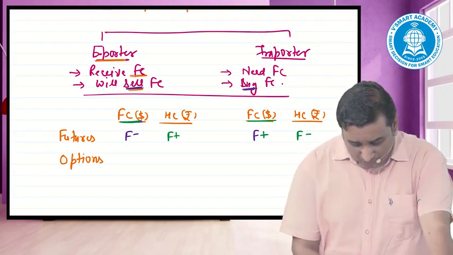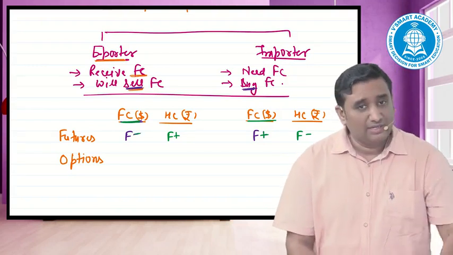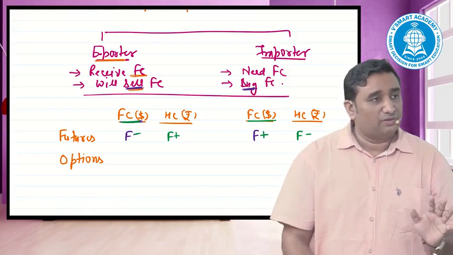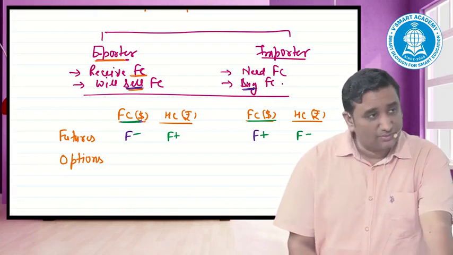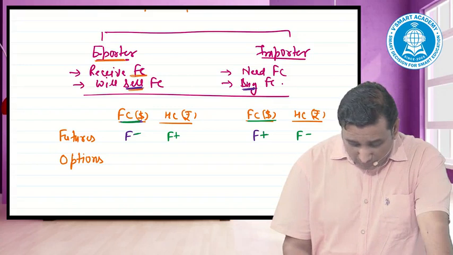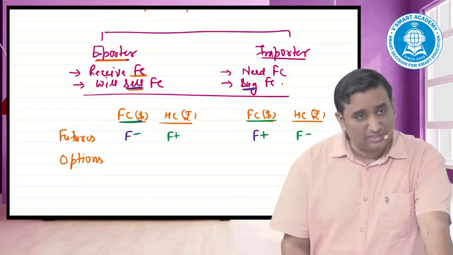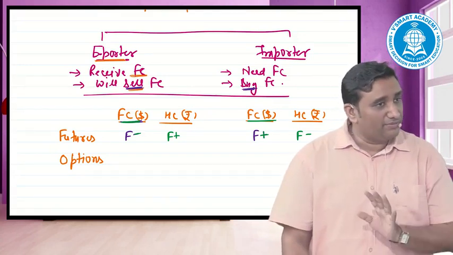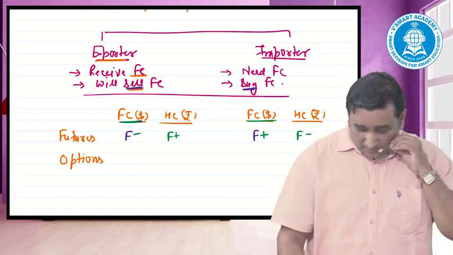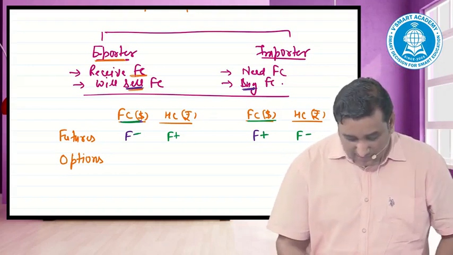In case of this, my objective was selling of foreign currency. Contract available, very good. If the contract is not available, second currency, I'll go for the plus sign. In case of an importer, I should have purchased this foreign currency. Contract available, very good. If the contract is given in the second currency, buying of this currency would mean selling of this currency.